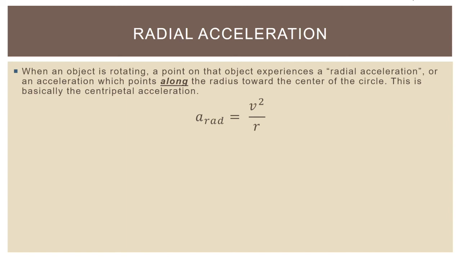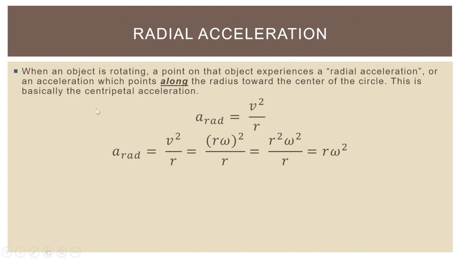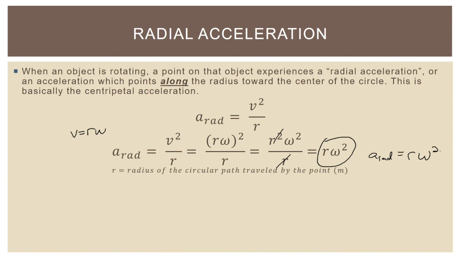So what we need to do here in order to get this into the form we want is basically rotationalize it, if you will. And the way we do that is as follows. We start with the equation v squared over r, and we acknowledge that we just derived an equation that says v is equal to r omega. So we plug in r omega for our v. Of course, because the v is squared, we have to square it. And when we square r omega, we get r squared omega squared. And what you should realize in a pretty easy way is that the r down there cancels one of the r's up here. So we get a radial equals r omega squared,